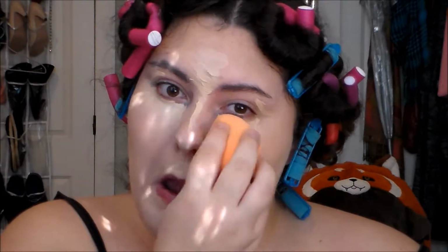So I used the Wet n Wild Photo Focus foundation and the Rimmel concealer. I like the concealer even though it's not part of the same thing. I like this concealer way better than I like that foundation. I don't know, I just have problems with the foundation. I might do a full review because I remember when it first came out, everyone was saying such good things about it. But I don't. Anyway,